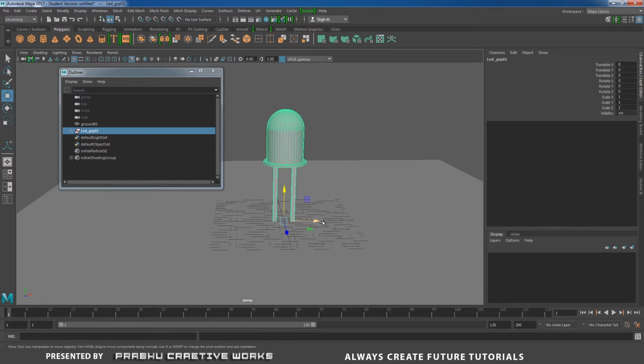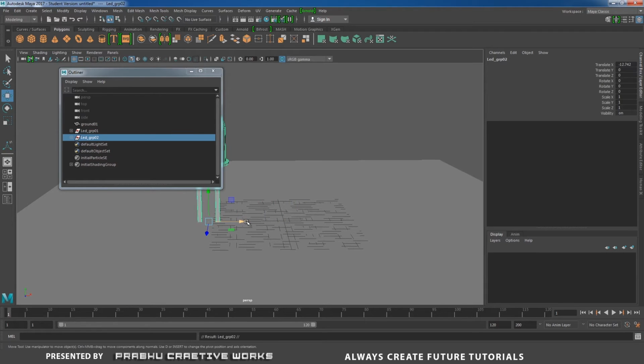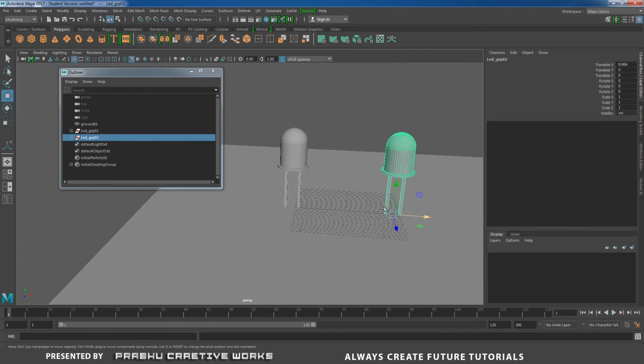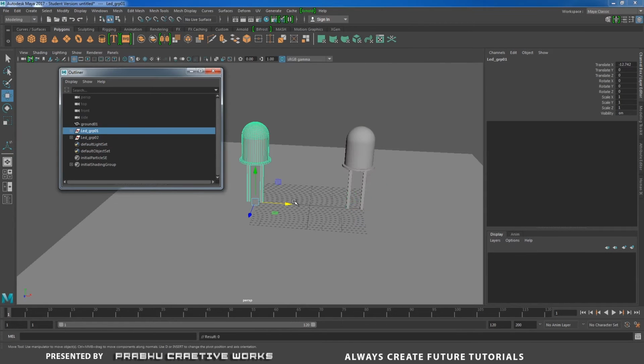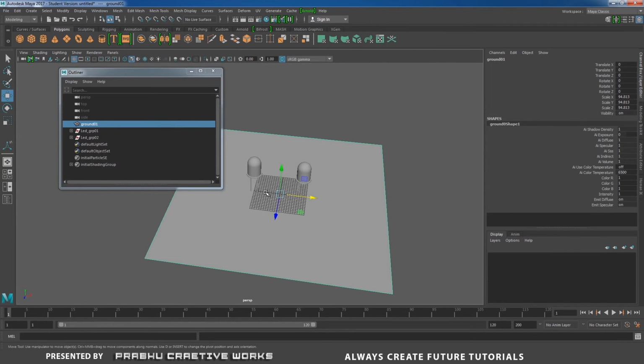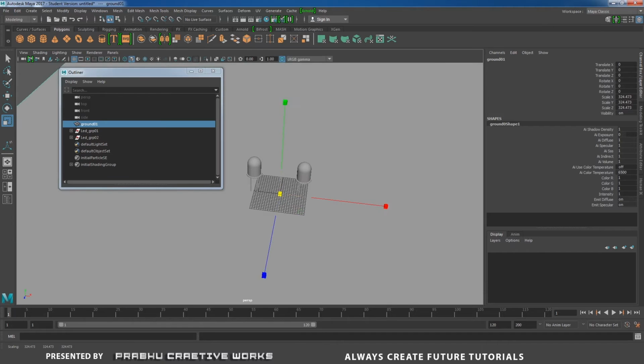Now you need to duplicate the LED. So press W, I want to move this one to this side, and press Ctrl D and move to this side. So you give a little bit of distance whenever light comes. So when the LED is so nearby, the light will be emitted to this object. So I will move it very far like this. So I will select this group and move a little bit to this side. So select this plane and scale it a little bit bigger.